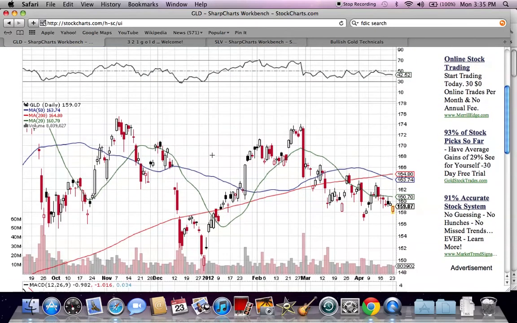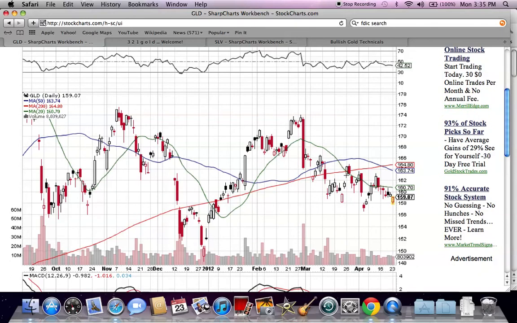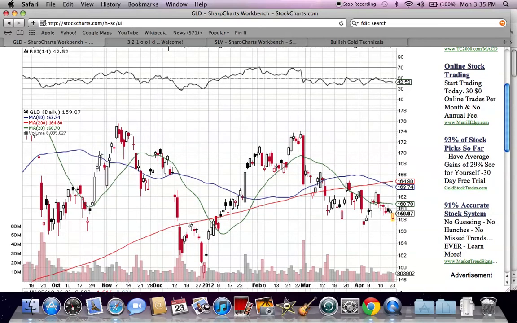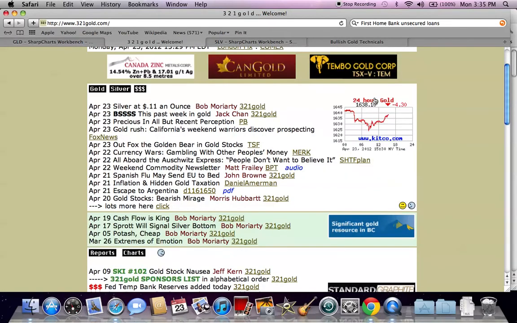If you search gold on stockcharts.com, the chart will be a day late because they don't put the chart up until after the market closes. So this is why I'm using today's chart so you can see where we sit. Today, gold's down about $4. This is 321 Gold. I'll put the links to all the websites I use in the information, but gold's down about $4. That's nothing compared to what it was earlier today. It was down well over 15 or close to 20 bucks earlier today, and it has fought back.